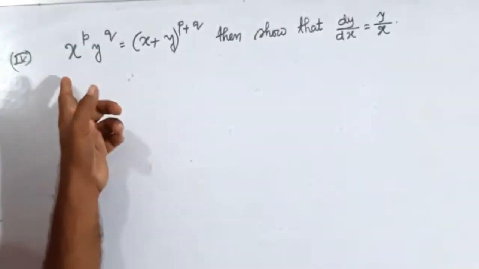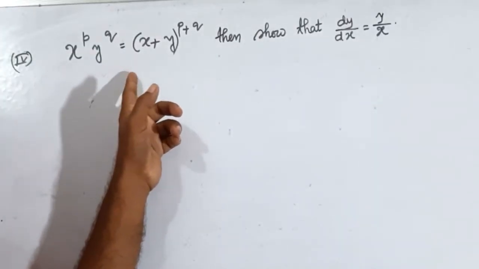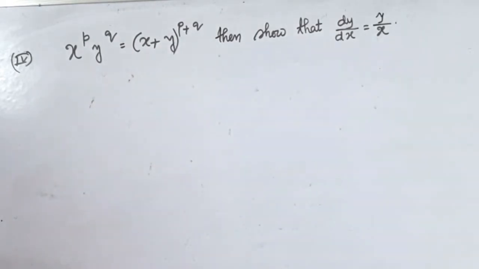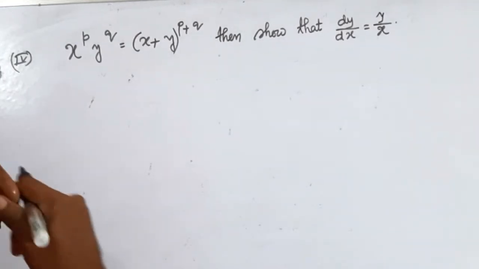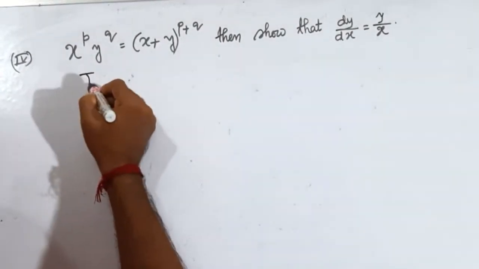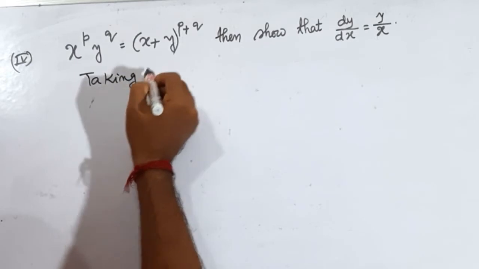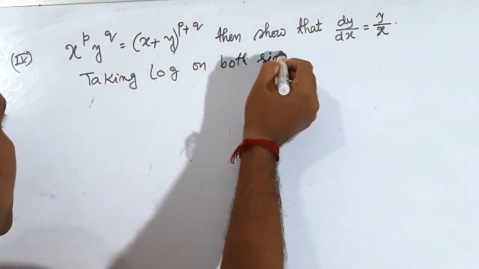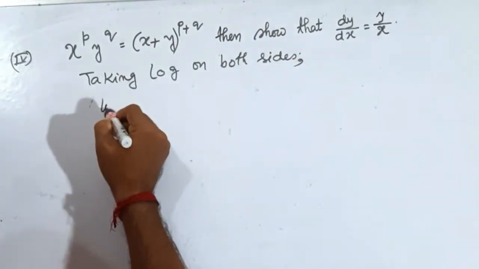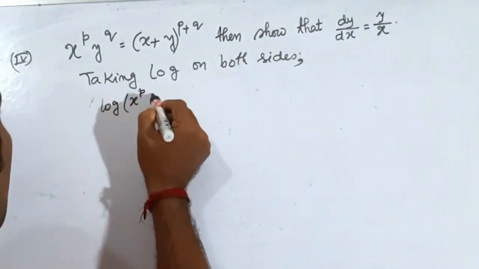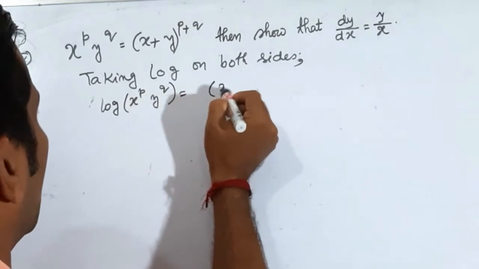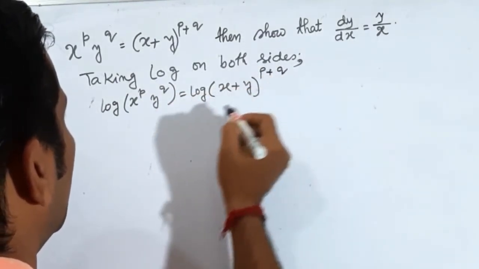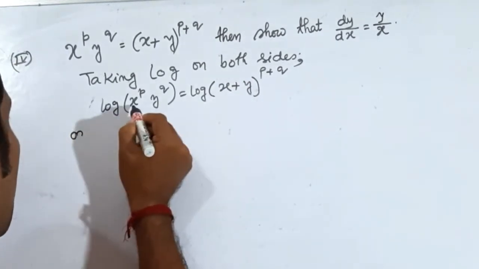Next problem: x^p y^q = (x+y)^(p+q). Then show that dy/dx is equal to y/x. At first, taking log on both sides, we get log(x^p y^q) = log (x+y)^(p+q),